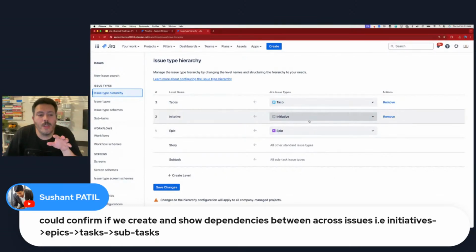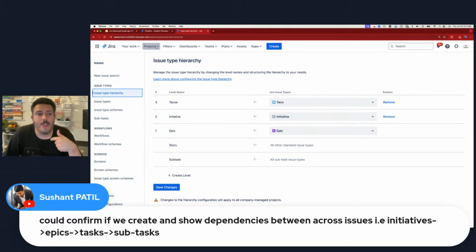And so what we have here is a modified hierarchy. I've already gone ahead and done this. You don't have to do it, but you will need to if you want to get the full experience. You will want to come in, add like an initiative. That also means you're going to want to create an initiative issue type and pull it into here. Once you create the initiative issue type and alter your issue type hierarchy,